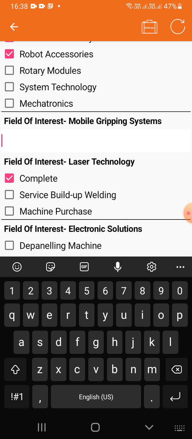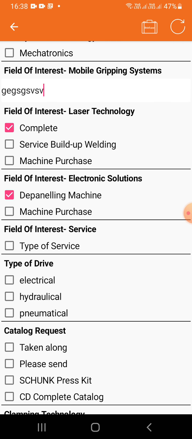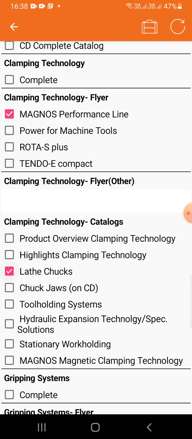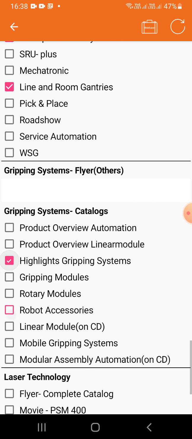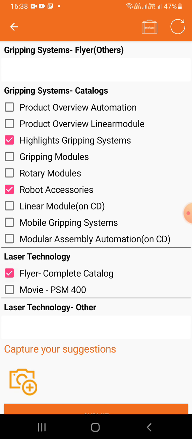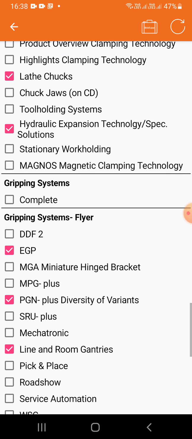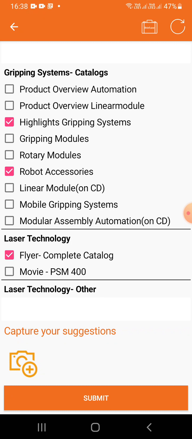Field of interest, so if there is something important, then you can also mention that. You can add your text. Select, you can see it's just simple selection. Scroll and select, scroll and select. And once done, it might be like what I'm seeing here. It's not necessary that you will have to select in all the elements, but Ms. Raki will help you better in terms of the different aspects.